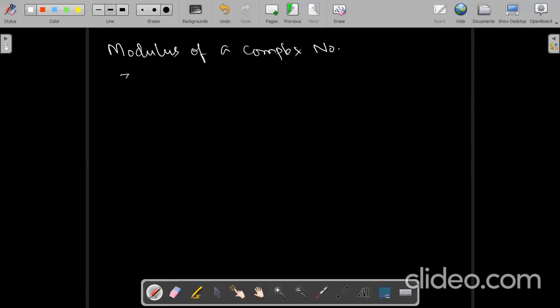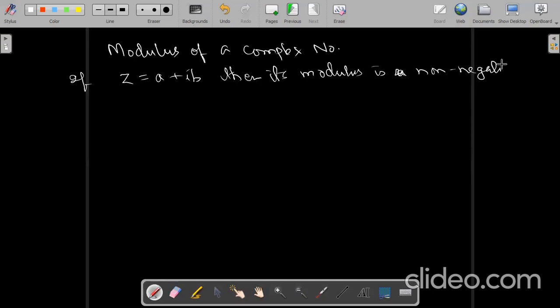You can understand by this: if z is a complex number a plus iota b, then its modulus is a non-negative real number, the square root of a square plus b square, meaning the square root of the sum of the squares of the real and imaginary parts, and it is denoted by